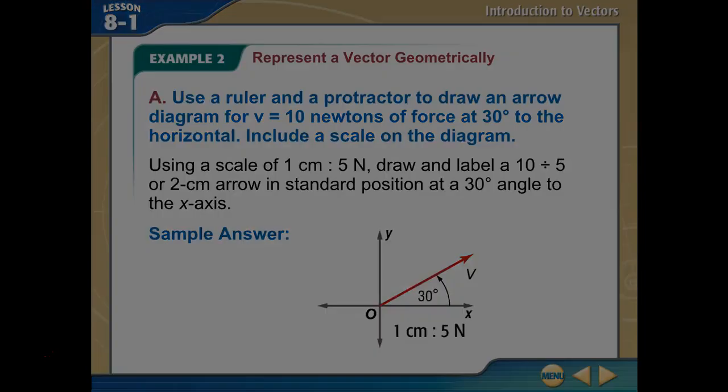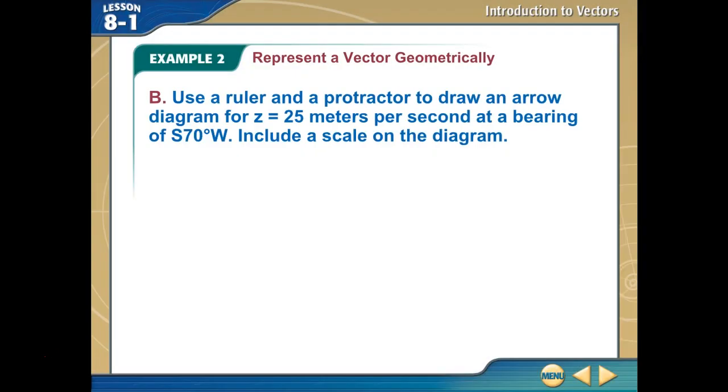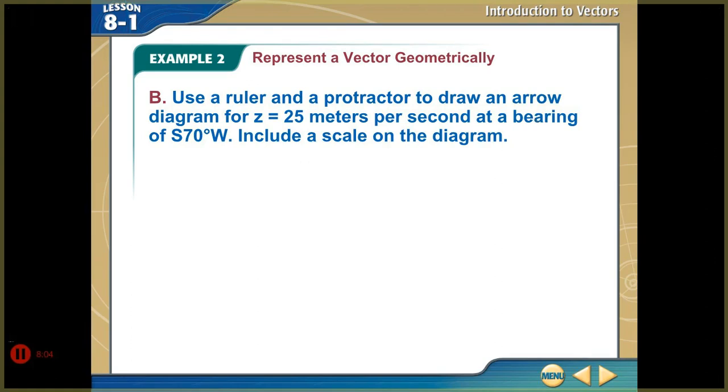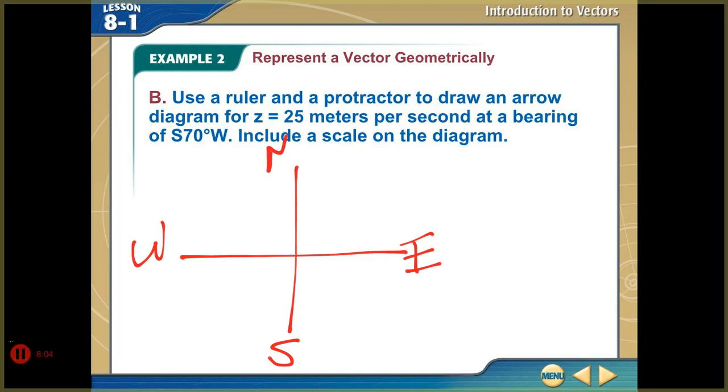If we're looking at this one, I have a vector z that's 25 meters per second at a bearing south 70 west. This is a little bit different than what we've seen before. If I have my plane, my kind of map, north, west, east, and south, what I have here is south 70 degrees west. The first value, the south, means I start here at the south, and then I go 70 degrees to the west. And so south 70 degrees to the west